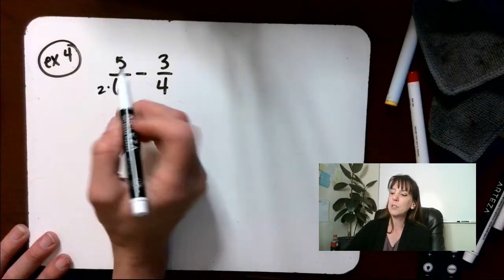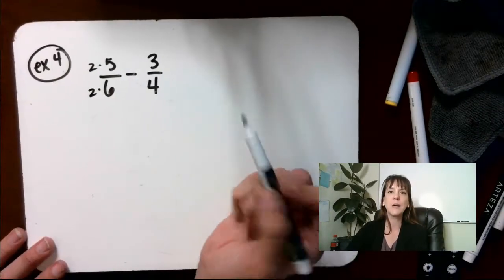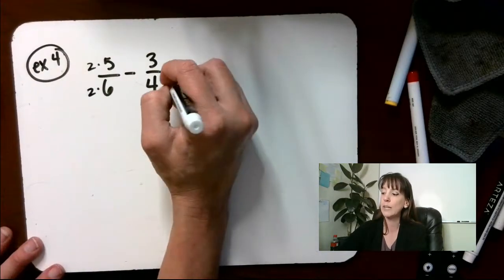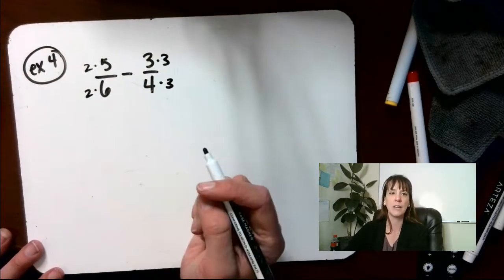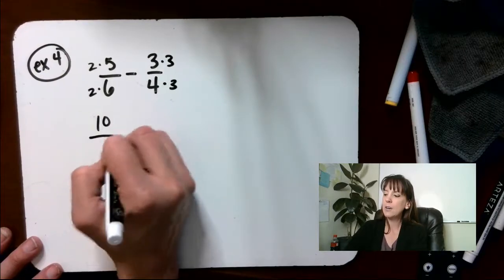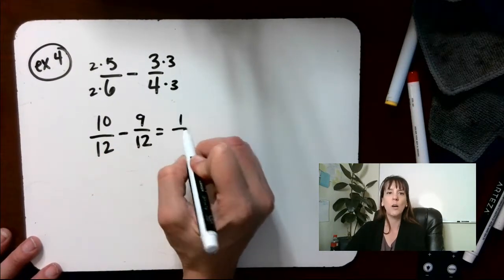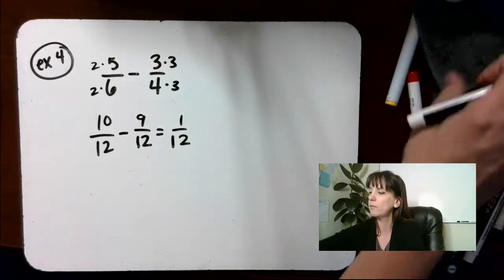So this guy I'm gonna multiply by 2, and this one I'm gonna multiply by 2. And guys, the way that I am showing my work right now is how you need to be showing it on your homework and your tests. I won't accept it if I don't see it, okay? So this is 10 over 12 minus 9 over 12, which equals 1/12. All right, so then,